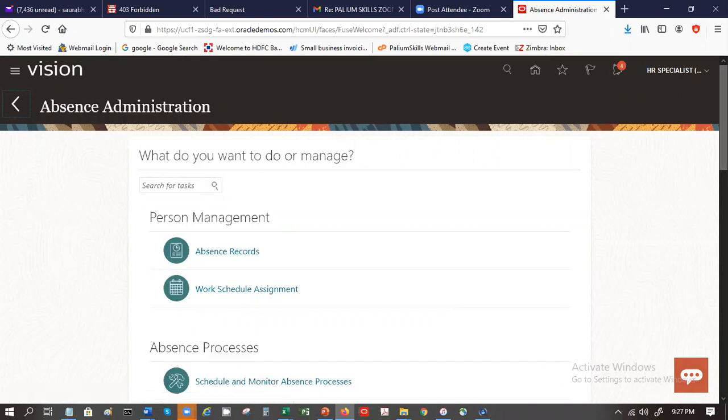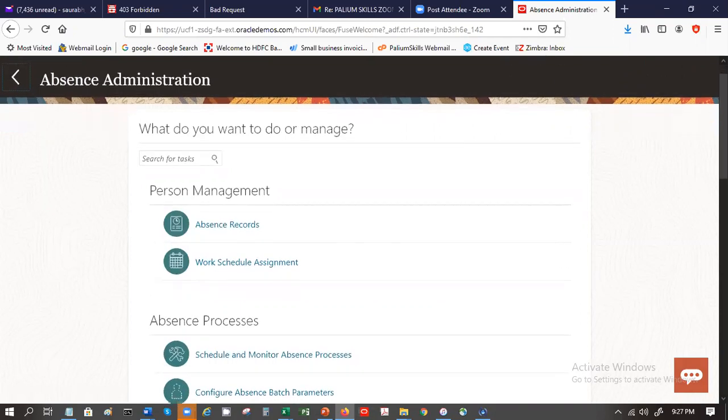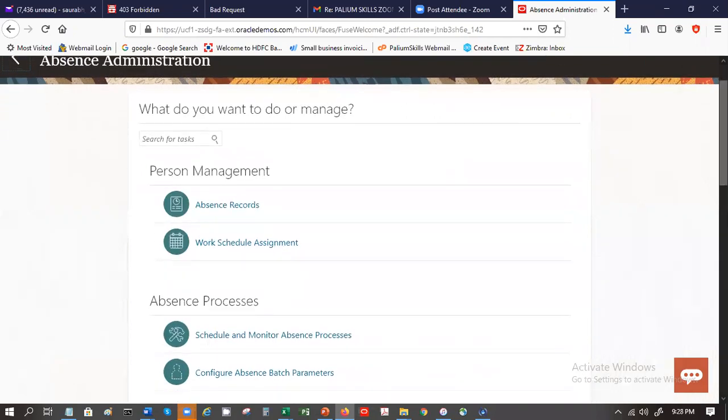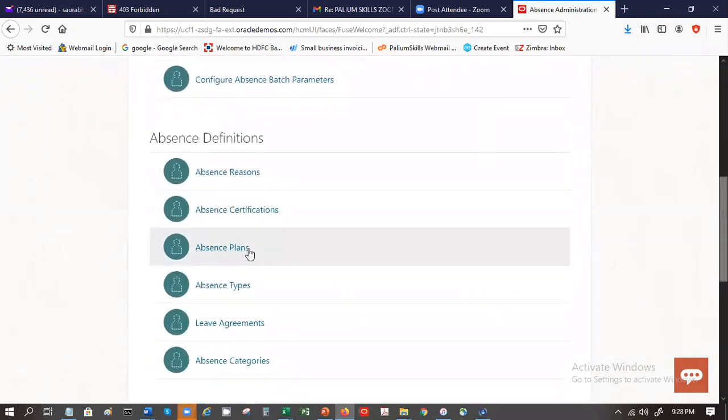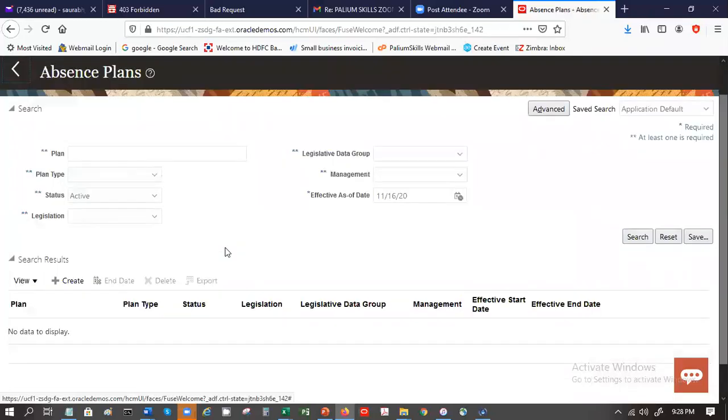So next we will get into the absence plan. For this, we will come here. This is the absence plan. And under that, just like any other screen, create.